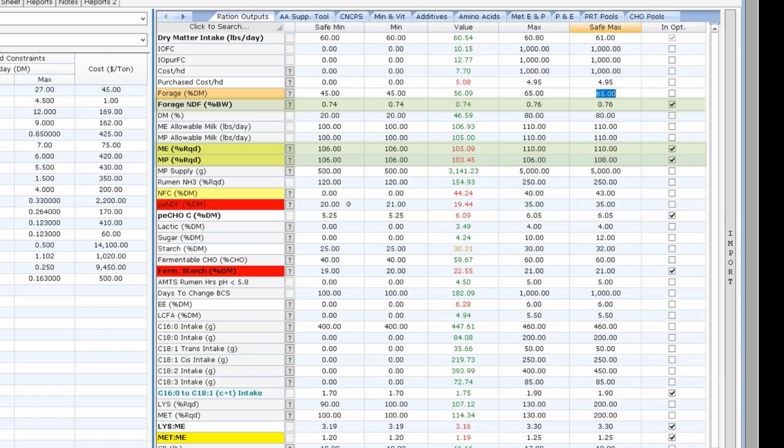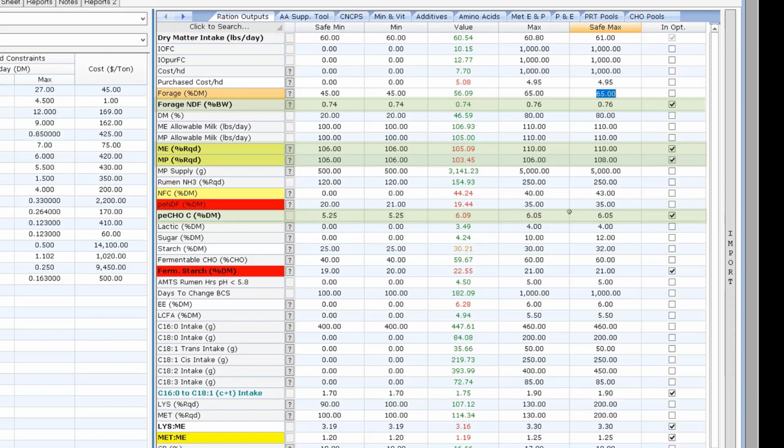The other one that I have here, you notice I do not have PE-NDF selected, but I do have PE-CHOC. This is the input that's based off the minor work where Rick calls it PE-UNDF 240. We call it PE-CHOC. And I'm not really concerned in my diets in the Northeast with the minimum because we don't have that amazing forage quality. It's more, I'm concerned about the max and the potential to depress intake and depress milk flow by having this too high.